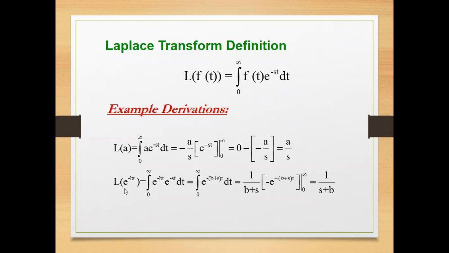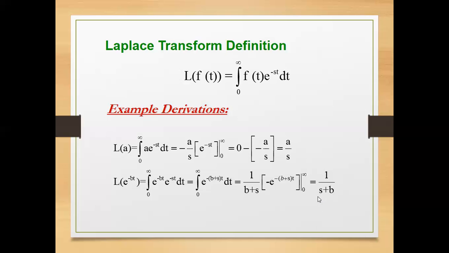Now, if it is the Laplace transform of an exponential function in which the argument consists of a constant b and t, the formula would be 1 divided by s plus b. So whatever constant is being multiplied to your variable in the argument of your exponential expression, that is the same constant that appears here in the formula. So for example, this is e raised to minus 2t. This will be 1 over s plus 2. This is already said to be the Laplace transform of e raised to minus 2t.